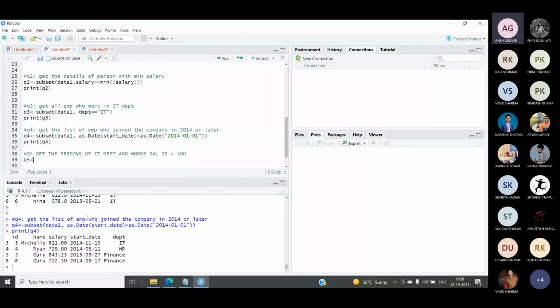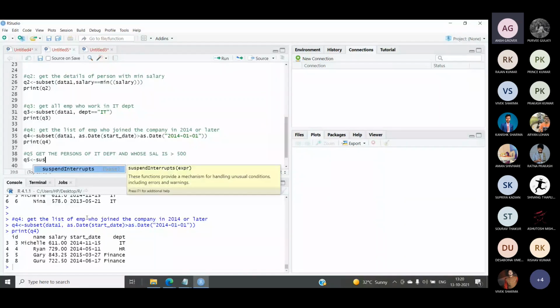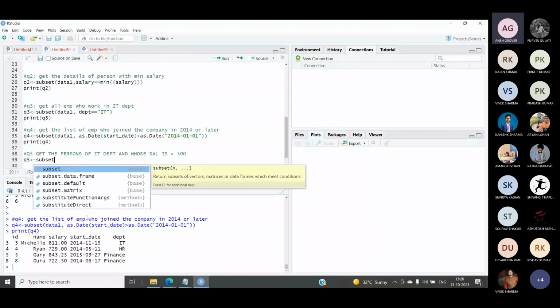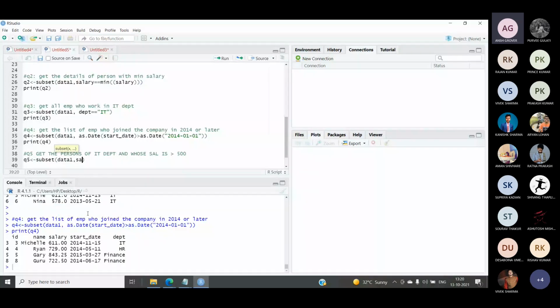And inside this, again, I will use the subset function. And then in subset, first the argument is the name of the data frame. And then I will write down the condition. I have two conditions in this case. My first condition says department is IT.